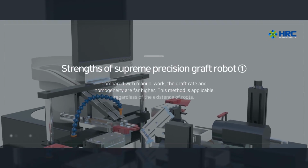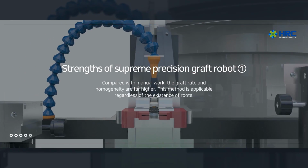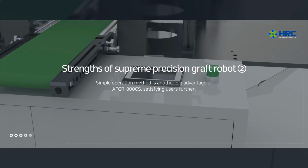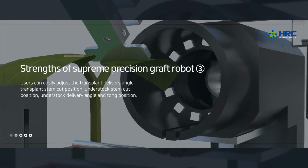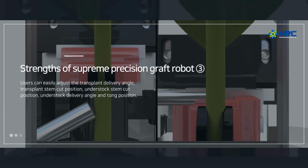Compared with manual work, the graft rate and homogeneity are far higher. This method is applicable regardless of the existence of roots. This simple operation method is another great advantage of the AFGR-800CS, further satisfying users. Users can easily adjust the transplant delivery angle, transplant stem cut position, understock stem cut position,